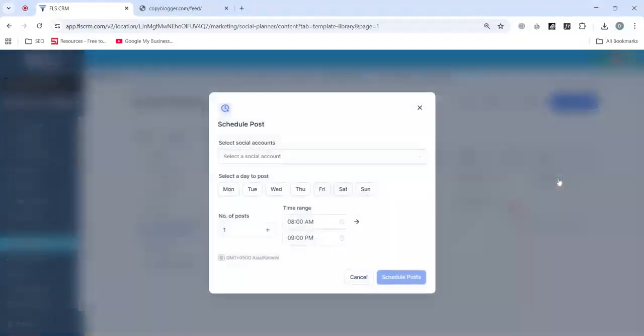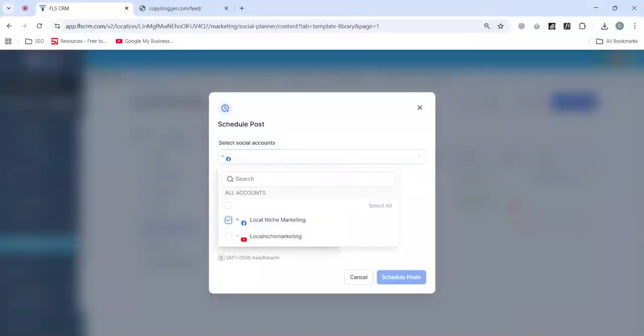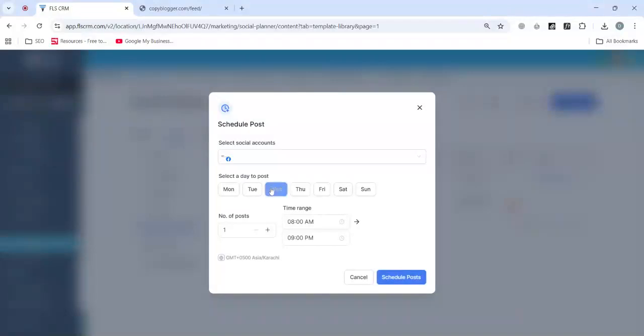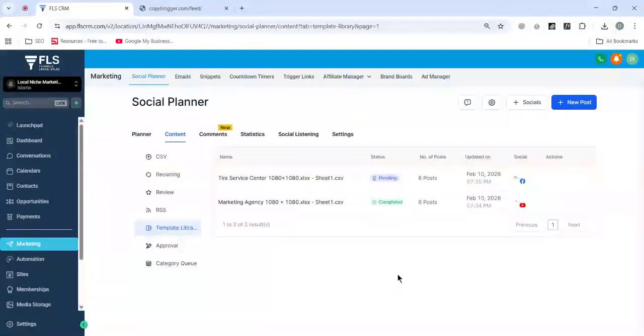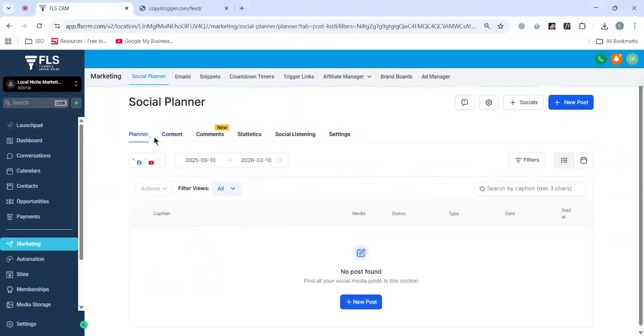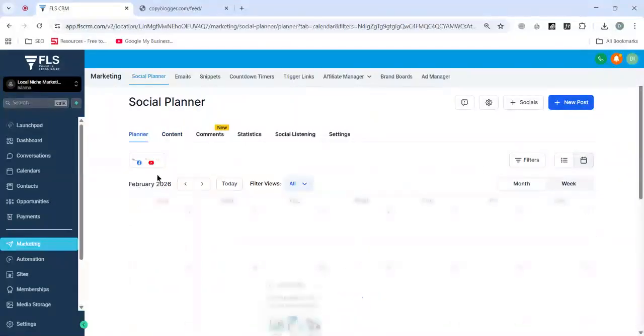So in our case, we are going to select channels, social channels, it's Facebook, and you can then tell it the days on which you want to be posting this content. Wednesday and Thursday, number of posts, we can add two, time range, select that, and then you can schedule the post right away from here. So it's under pending. Now it's in progress. And if I go into the planner,